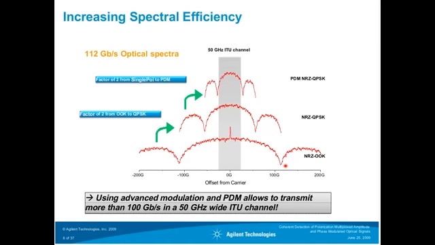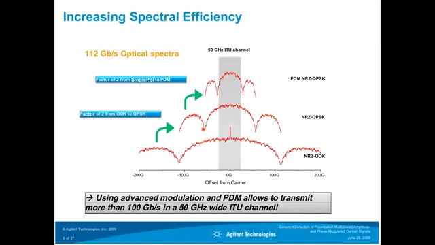in QPSK you can transmit 2 bits per symbol, which basically increases your spectral efficiency by a factor of 2, because at the same symbol rate you can transmit twice the amount of information. That's why, if you switch from 112 gigabit per second to 56 gigabaud per second, each symbol carrying 2 bits, you end up with a spectrum that's 112 gigahertz wide. And then there's another factor of 2 if you switch from single polarization to polarization division multiplexing. So you end up with a spectrum that's 56 gigahertz wide.